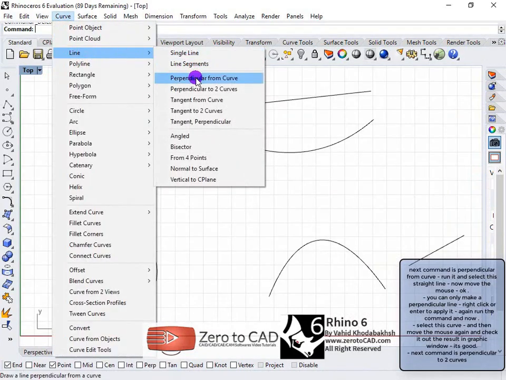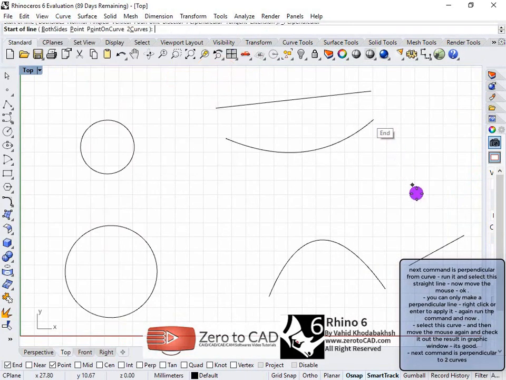Next command is perpendicular from curve. Run it and select this straight line. Now move the mouse. You can only make a perpendicular line. Right-click or enter to apply it. Again run the command and now select this curve, and then move the mouse again and check out the